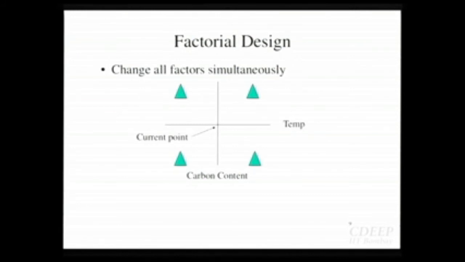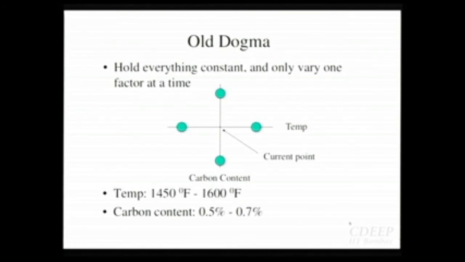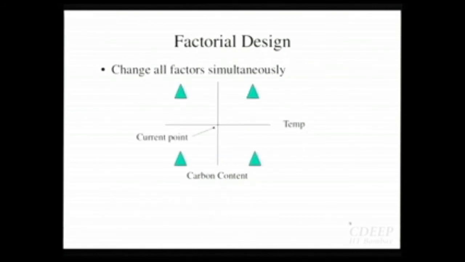So the idea in this factorial design is, this is your original point where you are operating. You don't move in these axial directions one factor at a time. Instead you vary both of them together. Again you are doing 4 experiments, but now in experiment 1 you have increased temperature and increased the carbon content, so you are over here. In another experiment you have decreased temperature and increased carbon content, and then the other 2 combinations. So you still have 4 experiments, just like before, but in these 4 experiments you have varied both the carbon content as well as the temperature simultaneously.